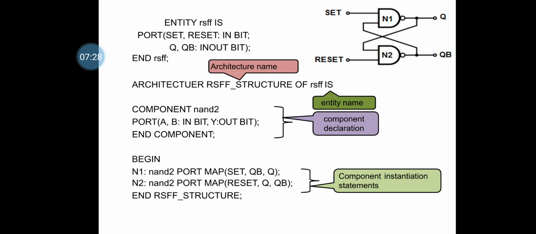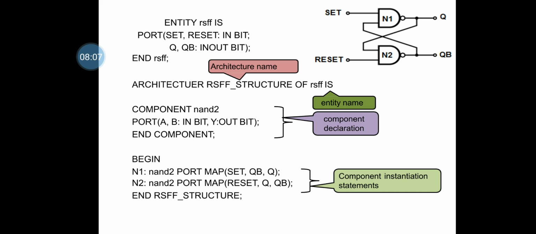Then the architecture RS flip-flop of RS flip-flop is, then as we are writing in the structural form, so first is component declaration, and you can see only NAND gates are used here. So even if you are using 10 NAND gates, you have to declare it once only. So NAND gate declaration is done. So component NAND gate 2 and the port declaration, port AB is the input, and here port declaration is very important to specify whether the NAND gate is of 2 input gate or 3 input. So you can see here, since it is 2 input, it is given the two names AB input in bit and Y is output bit and component.